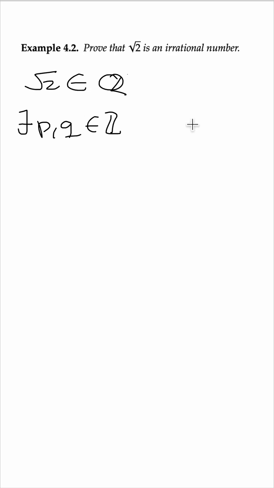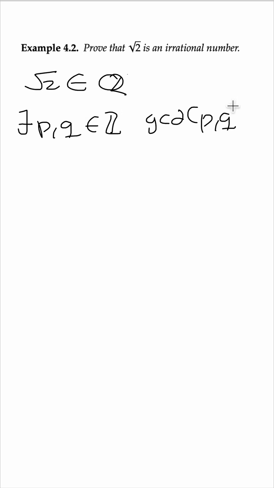This is one of the most classic examples of a proof by contradiction. So let's assume for contradiction that square root 2 is a rational number, that it is in the set Q, which is the set of rational numbers. So that means there exist p and q in the set of integers such that, first of all, the GCD